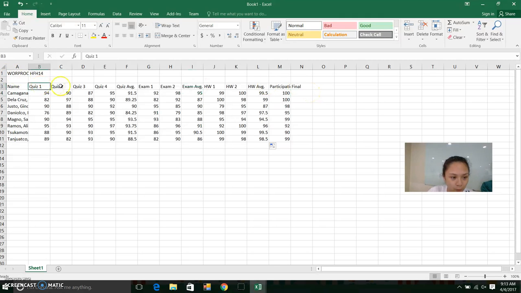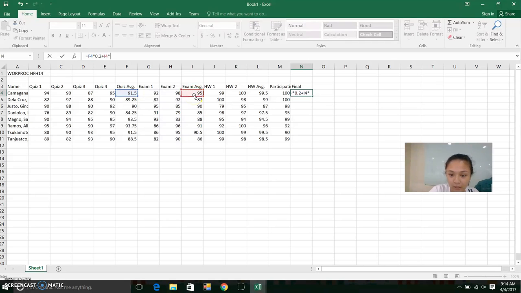So let's say I want to make my quiz 20%, my exam 60%, and my homework 10%, and my participation 10%. So we will type this formula in the formula bar. We're going to press equal quiz average times 0.2, because we want to make it 20%, plus exam average times